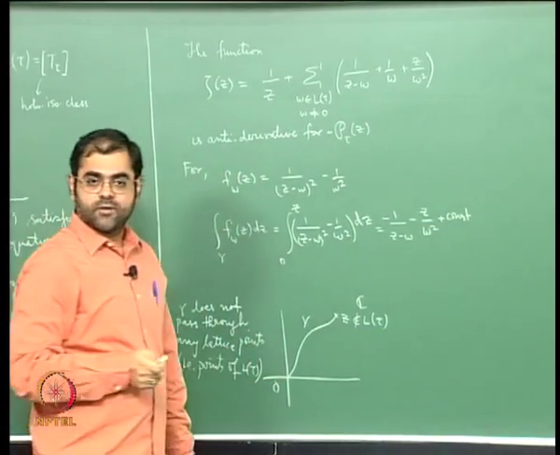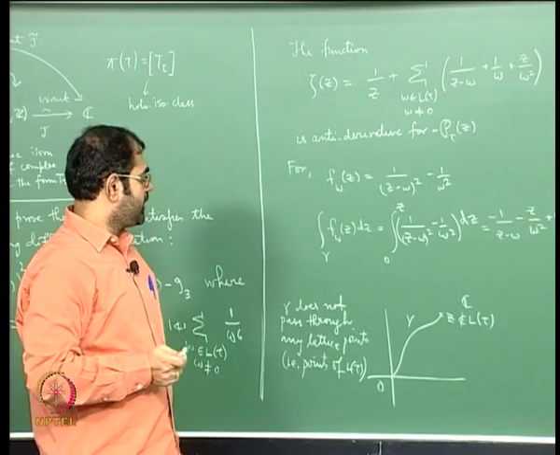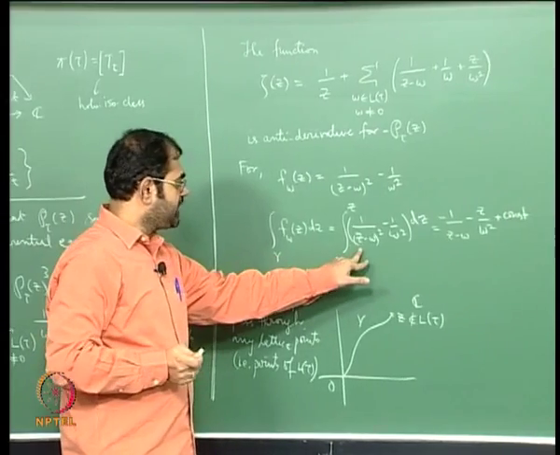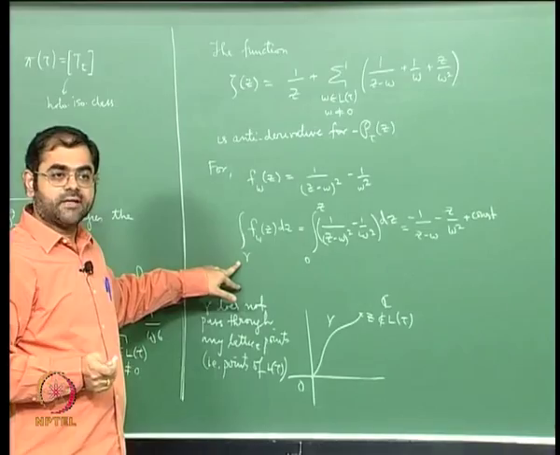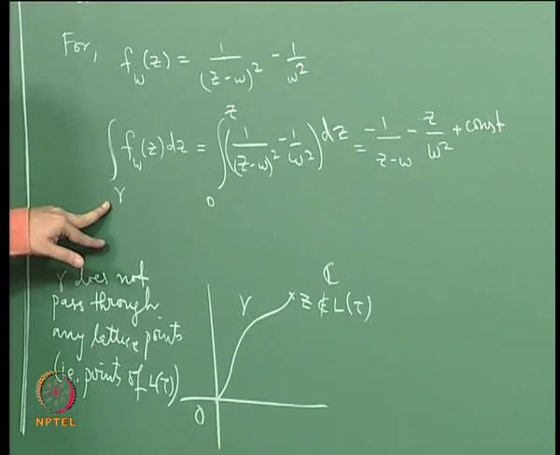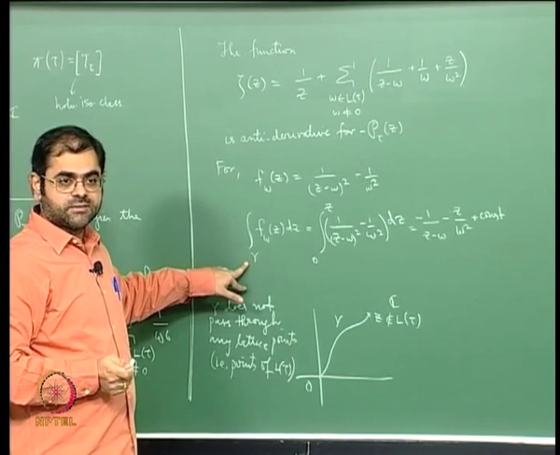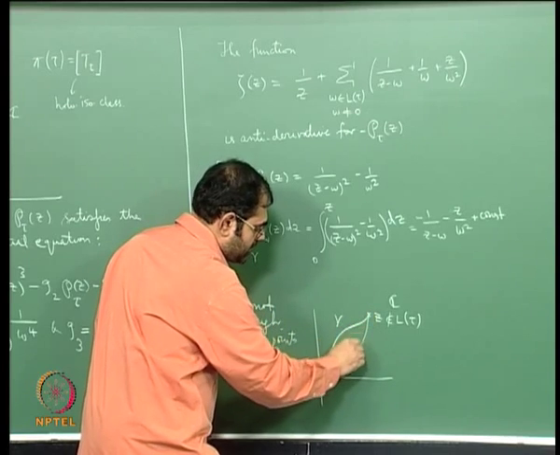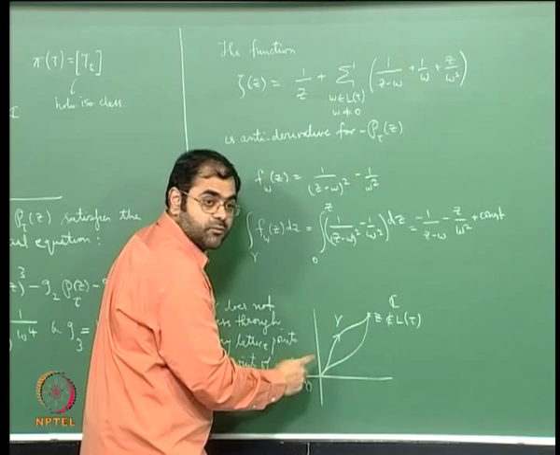Okay, this is what I will get if I naively integrate it, but you have to be careful because this naive integration is correct only when the integral does not depend on the path. Now the fact is that the integral does not really depend on the path. That is because, if I replace this path by another path, of course the path has to be directed, so I am going from 0 to z.